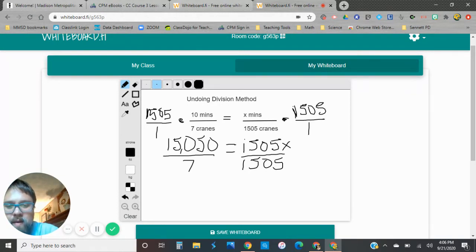On this right-hand side, we actually have a giant 1 right here. Anytime you have a fraction or a ratio where the numerator and denominator are the exact same, you have a whole. Just like 8 out of 8 would be a whole pizza, right? If you slice a pizza into 8 pieces and you ate 8 of them, it's 1 whole. Okay, so in this case, on this side, we have 1x, put an equal sign in the middle, and then we have